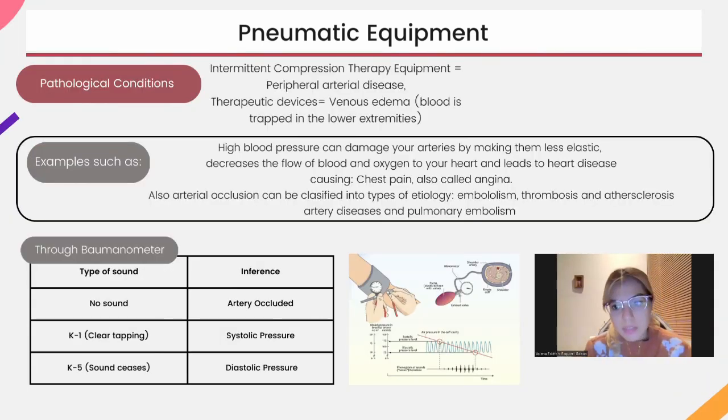Another pneumatic device, in this case the manometer, can detect some other cardiac states of the patient. Some examples of pathologies can be high blood pressure, which can damage your arteries by making them less elastic. Also, the decrease of blood flow and oxygen to the heart leads to heart disease, causing chest pain, also called angina. Also, arterial occlusion, which can be classified into types of etiology, such as embolism, thrombosis, and